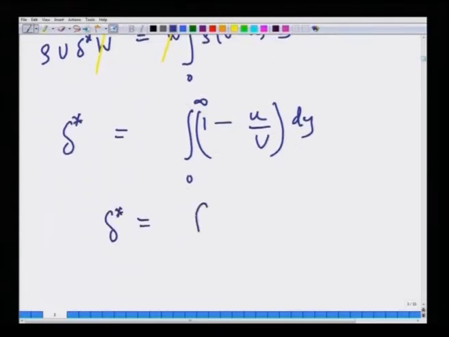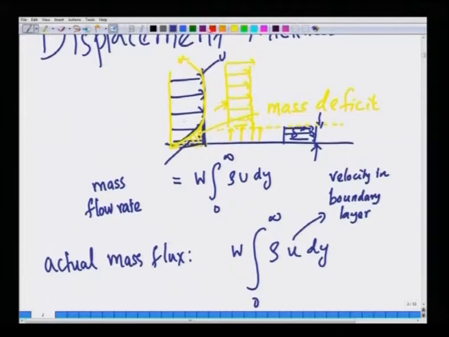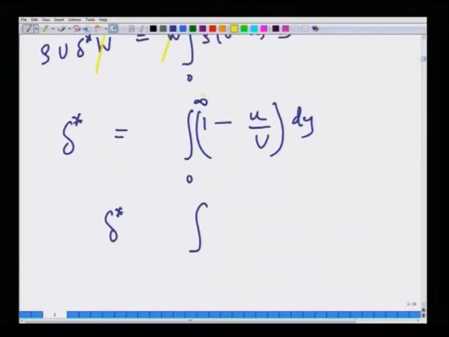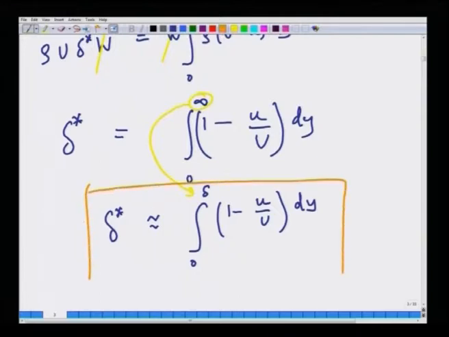Okay, if you look at these two curves, they are almost the same after a point, after some point of the order of delta itself, they are almost the same. So, we can take that distance as delta, which is the disturbance thickness. So, I can replace infinity in the upper limit of the integral with delta itself. So, delta star is approximately integral 0 to delta (1 minus u by U) dy. Okay. This is called the displacement thickness, which is